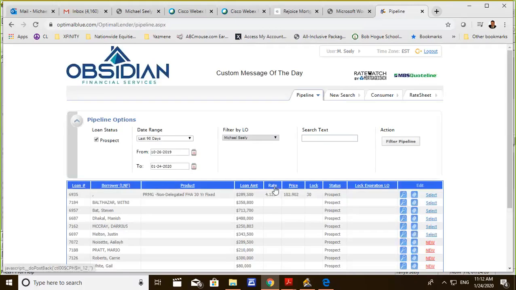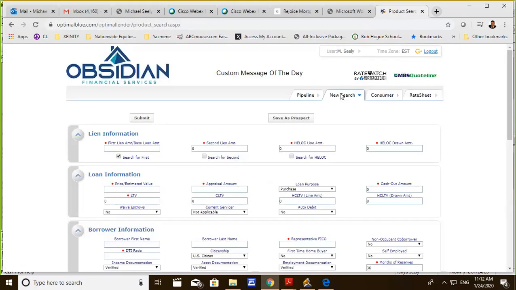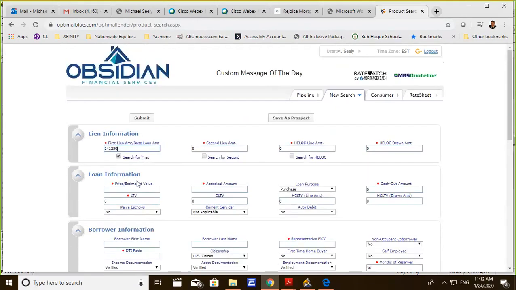So once you're logged into Optimal Blue, I'm going to open it up. You're going to come over here to New Search. Okay, once you've entered in your new search, you'll type in your loan amount, $241,250. Of course, the estimated sales price and value, whichever is less, will be used. Notice if it was 3.5%, it would show 96.5